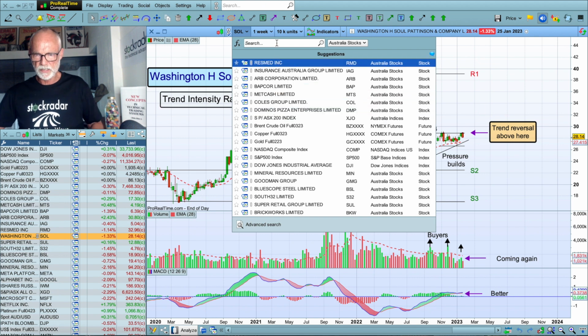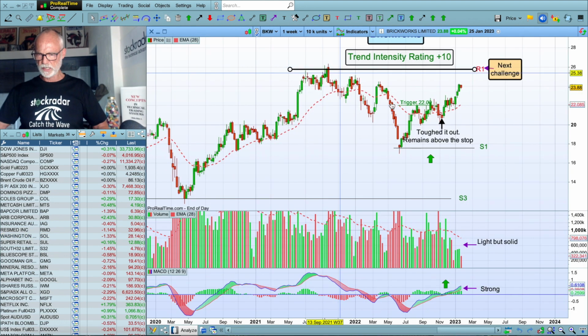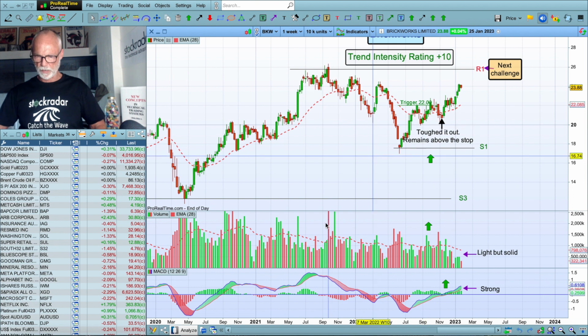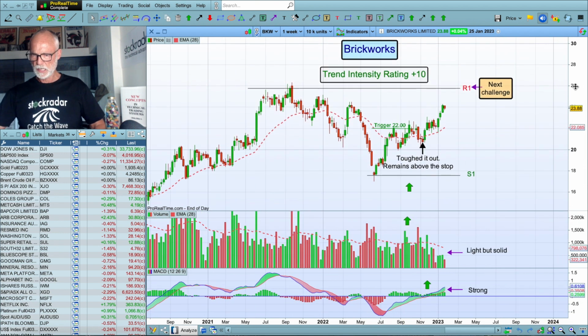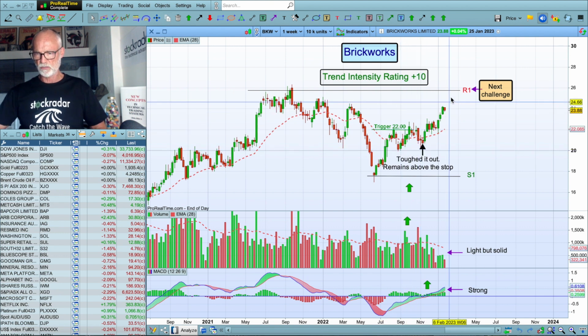which will be in here somewhere, if I just go like this, yeah, Brickworks. This one again, you can see what's actually happened here. It had a break up over here a while ago. It broke up here around about October last year. Came back a little bit. We toughed it out, held above this low point here, and it's now rallied strongly and looking towards R1 as